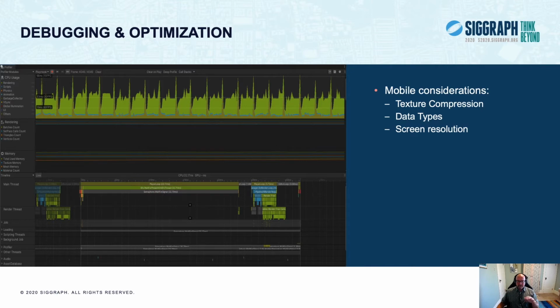So from a high-level perspective, there are some optimizations that we can talk about here that will help you out. In the area of texture compression, compact texture encodings are definitely your friend. And if you're using things like RGBM encodings for light maps or octahedral encodings for normal maps, you still want to compress them if you can at all.